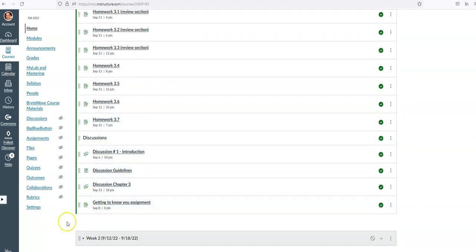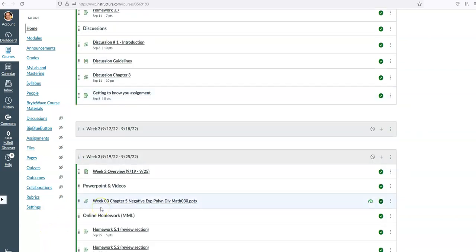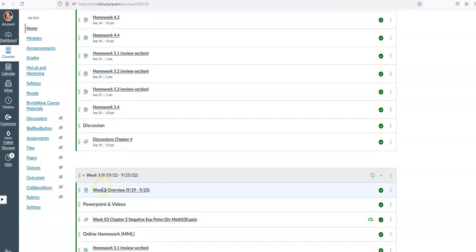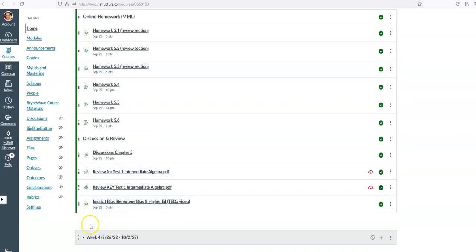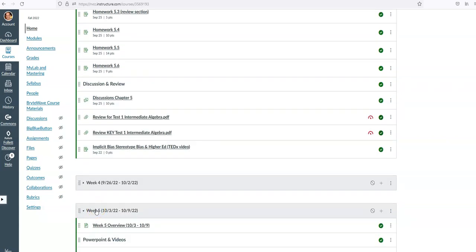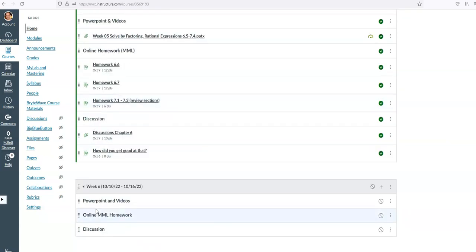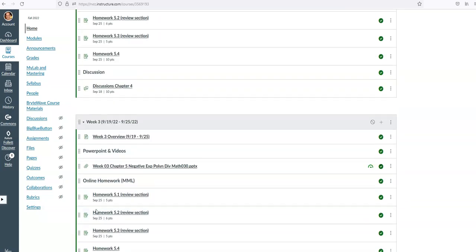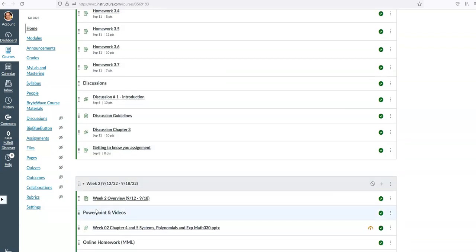This getting to know you assignment, you're going to see these pop up every once in a while, is part of a program that the college put together this semester called Access to Success. And the idea is that going through these assignments and thinking about the way you think and about the way you work through a course might help you to become a better student and might make you more successful in the courses. So they're short, like there's a couple of videos you'll notice at the end of, I think, week 3. Yes, there's one on stereotypes and implicit bias. There is a video that goes along with it. They're short. Some of these are 2-minute videos,